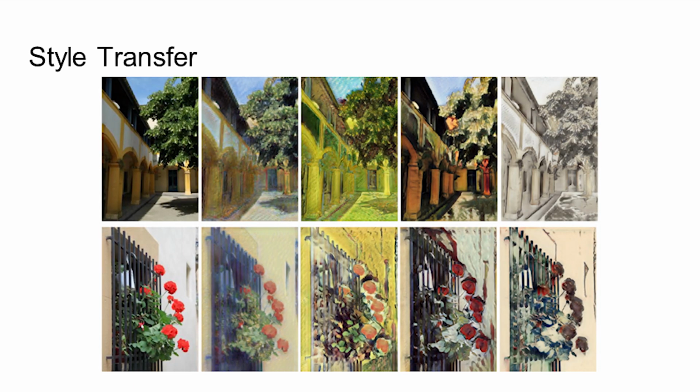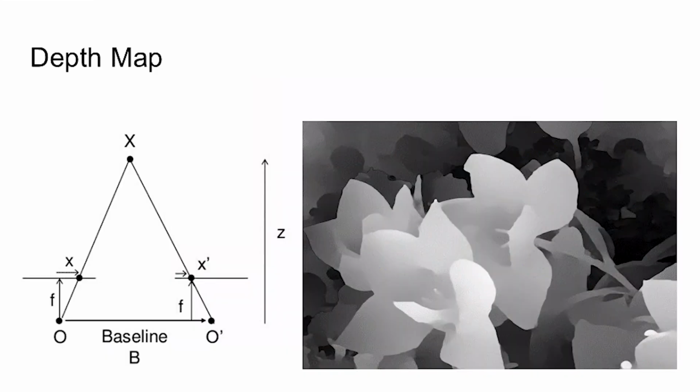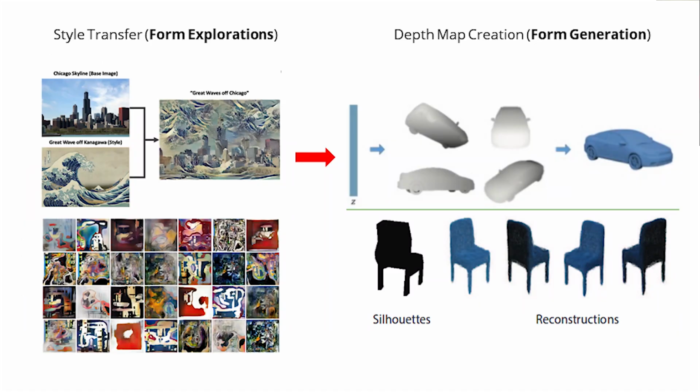And these are just some more examples of the style transfer. And with regards to the depth map, again, just trying to look at the two-dimensional image and infer depth information out of it. And then combining the two has really been the purpose of this hackathon project, just trying to see what kind of experimental results we can get out of combining depth with different visual representations of everyday objects. And I'm going to hand it right back over.